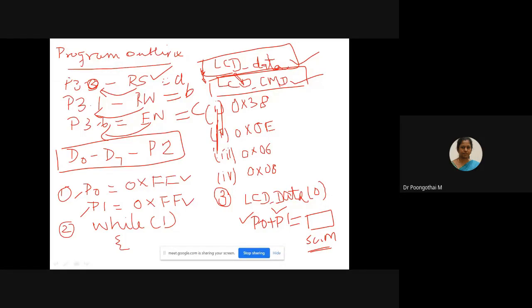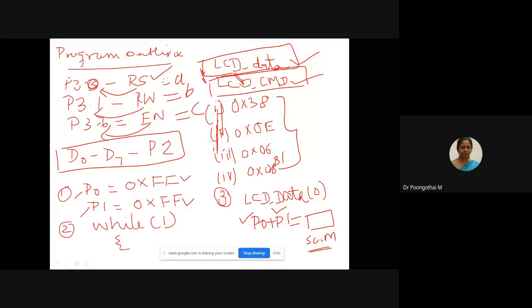We have 4 command words here: 38, 0E, 06, and 81. In the main function, P0 and P1 are configured as input ports. Inside while, we are calling these specific hex codes through the command function: 38, 0E, 06, and 81 in command mode.